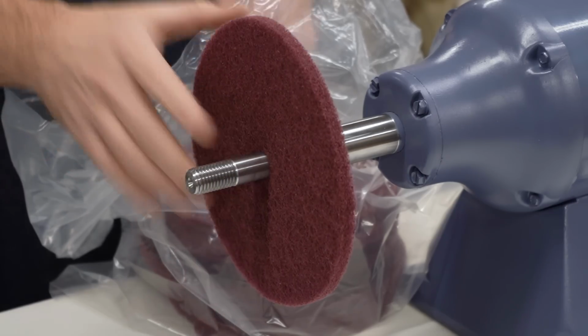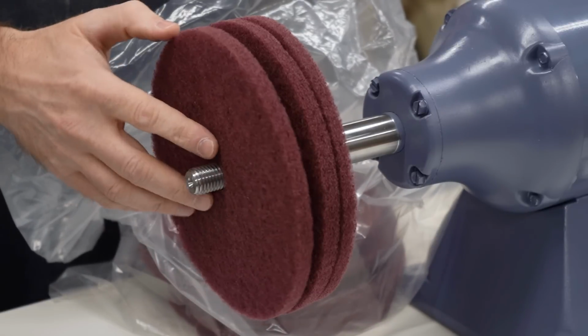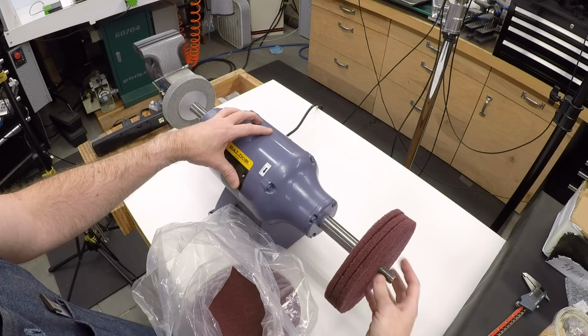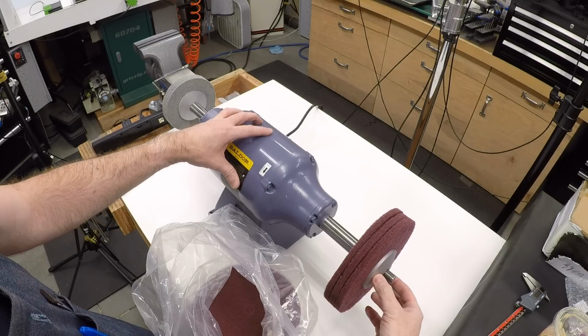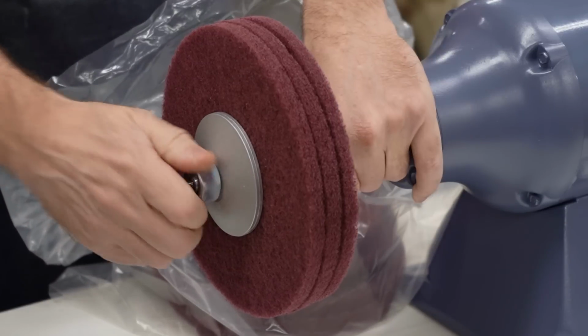On 1, 2, these fit pretty close. 3, let's see that. Just trying to decide what that looks like. That looks about right to me. Put it on the flange, that'll crush down. Yeah, that seems pretty reasonable. Throw on the nut and